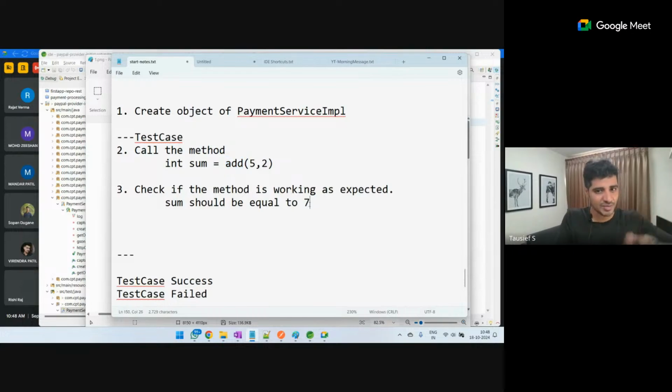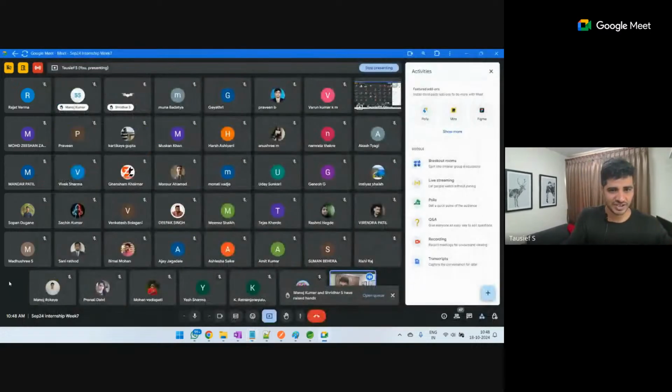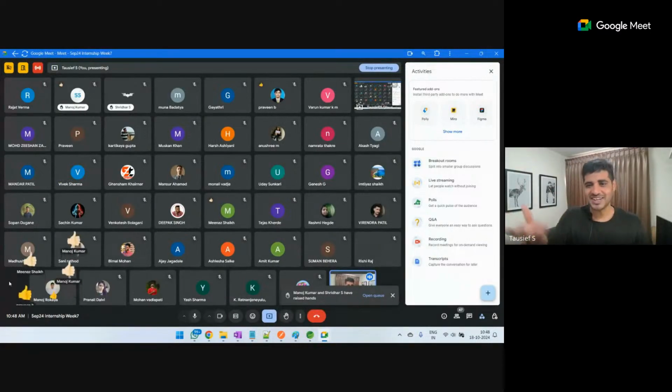Now, if the sum is coming as 7 only, because you gave 5 and 2, so it should come 7 only. If it is coming as 7, you will say test case is successful. If it is coming as anything else, you will say test case is failed. So these are the basic terminologies. Guys, are we clear with this? Simple, right? Ek method call karo and check whether it is